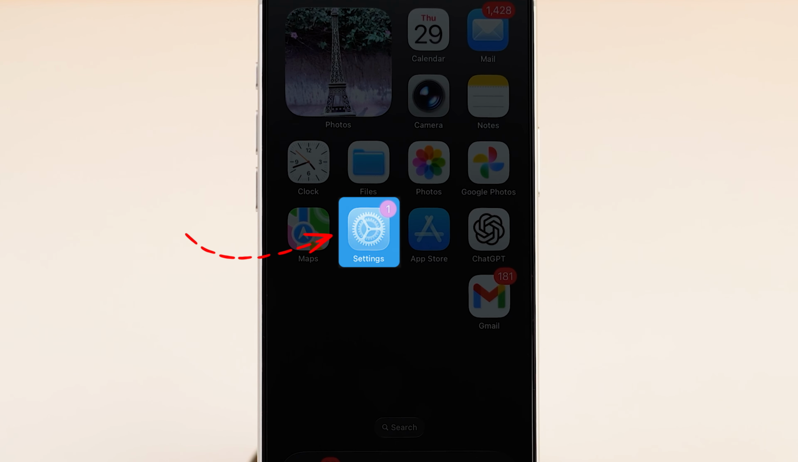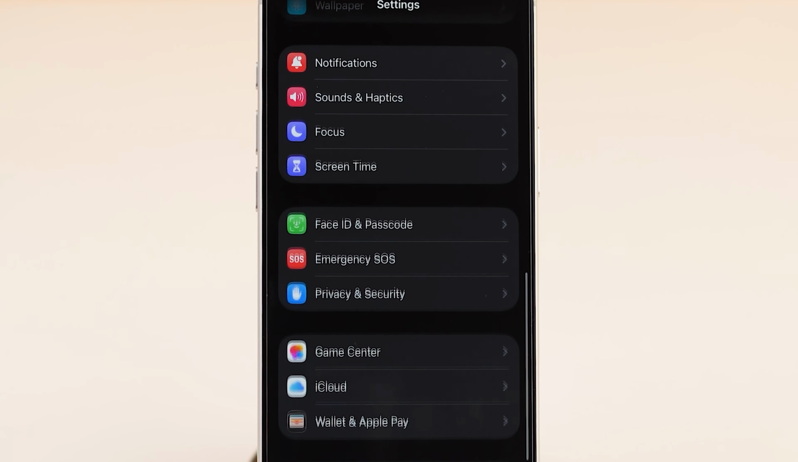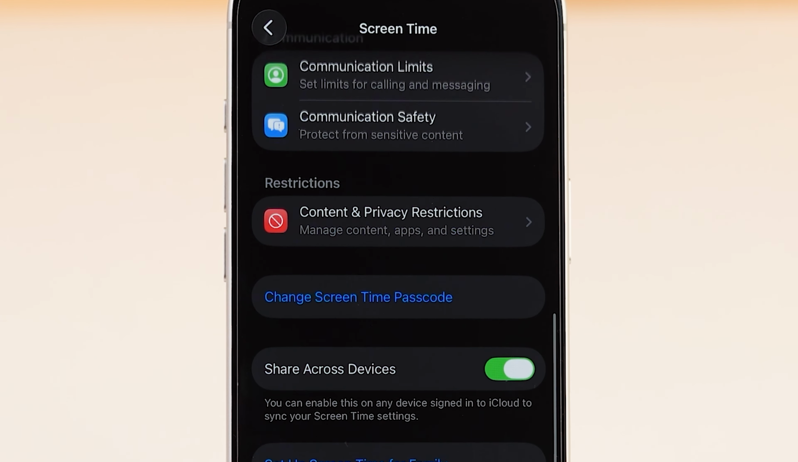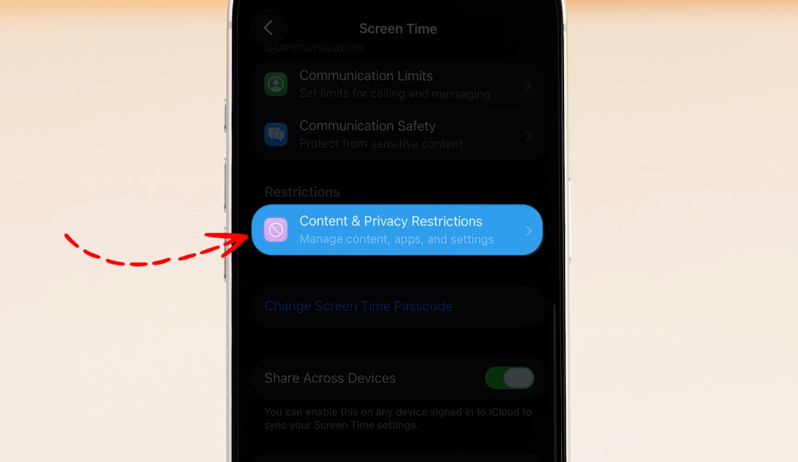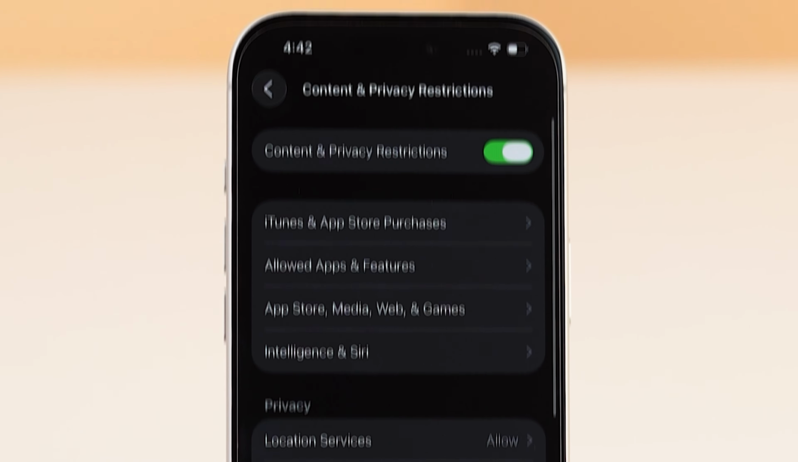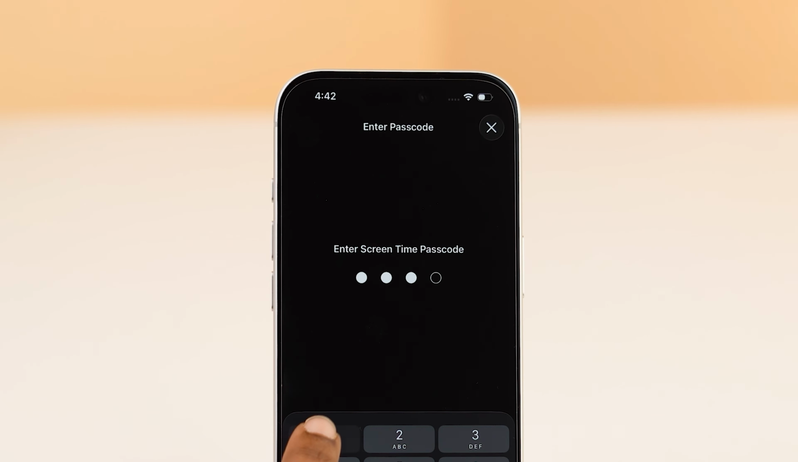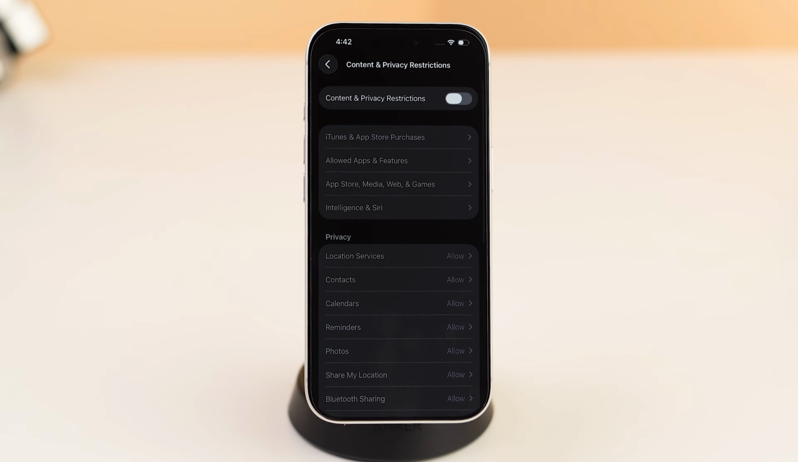Open the Settings app on your iPhone. Scroll down and click on the Screen Time option. Again, scroll down. Then tap on Content and Privacy Restrictions. Now, turn off the toggle next to the option. It will prompt you to enter the screen time passcode. If this method doesn't work, then try